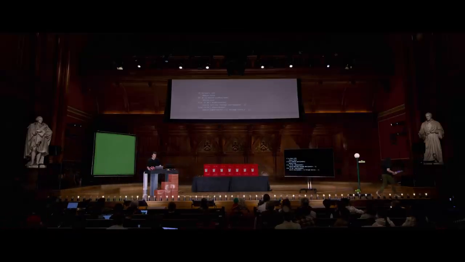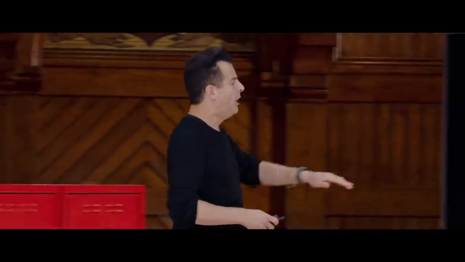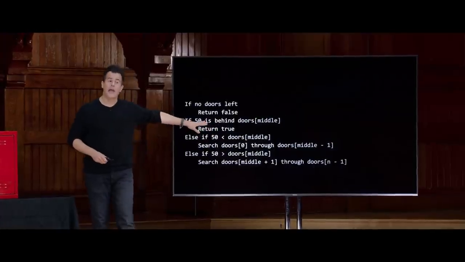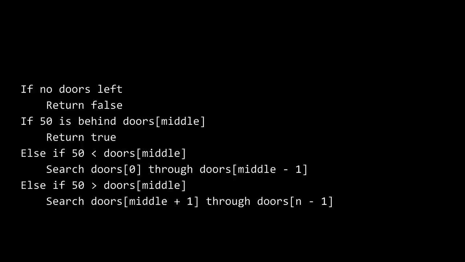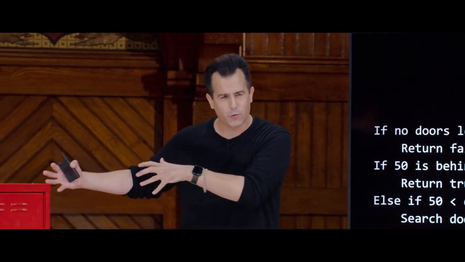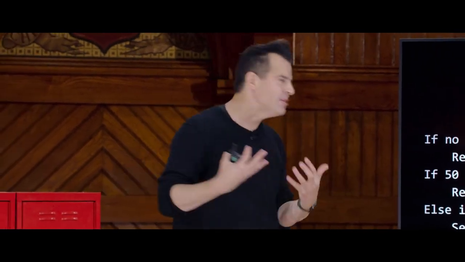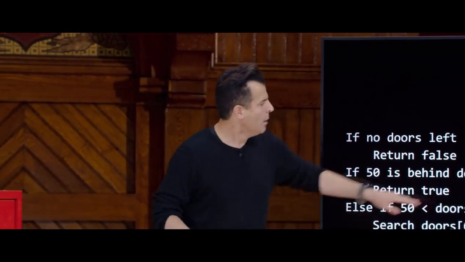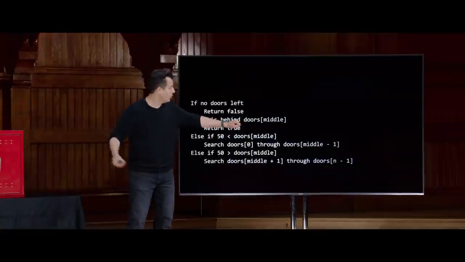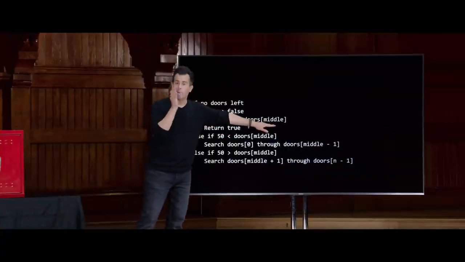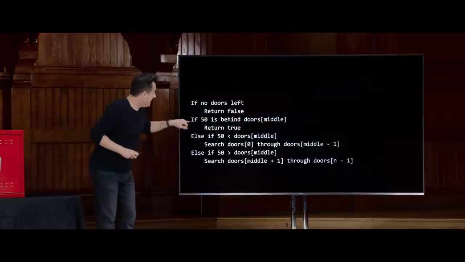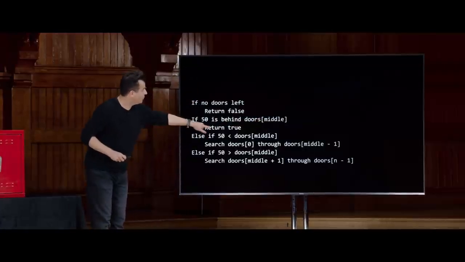All right. So just to now make that algorithm a bit more quantitative, instead of just saying middle, middle, middle, let's use a bit of array syntax here now too. So this is the same exact pseudocode for that algorithm, binary search. And so the first condition is the same. If no doors left, just return false. But if 50 is behind doors bracket middle, and again, I'm sort of stealing some syntax from last week where we introduced square brackets for arrays, but I'm still using pseudocode. So this isn't C per se, but by doors, I mean the array known as doors. Bracket middle, I mean whatever the middle number is, the middle index is, go there. If you found it behind the doors bracket middle, return true.